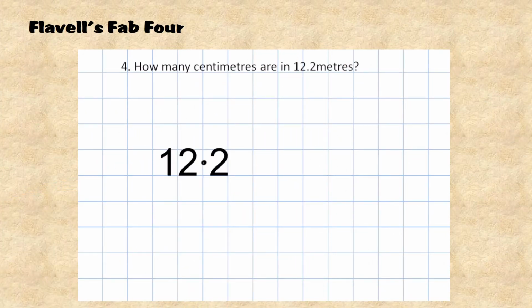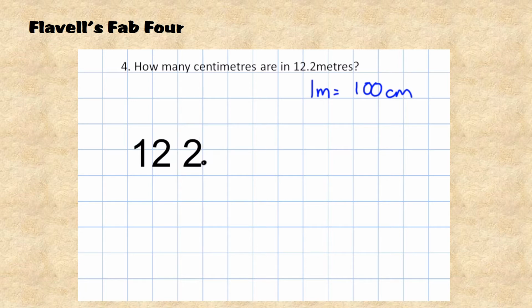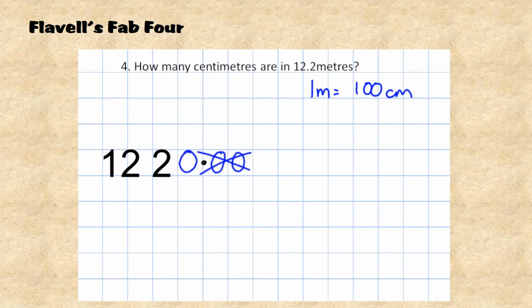Right, okay, so we need to remember that 1 metre equals 100 centimetres. So we're multiplying 12 by 100. So we need to move 2 places to the left to make it bigger, and with the gaps that we have got, we need to put in a 0 placeholder. We can put zeros there, but they don't really mean a thing. So our answer would be